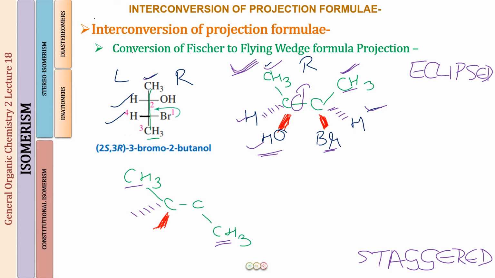Now in this conformation, let us put the dash and the wedge for the C3 also. Here you can understand, when we rotated the molecule about the carbon-carbon bond by an angle of 180 degrees, the CH3 came below. So what will happen to the bromine and the hydrogen? If they were below, they will go above the carbon-carbon bond, and the bromine which was forward towards the viewer will go behind, and the hydrogen which was back will come forward.